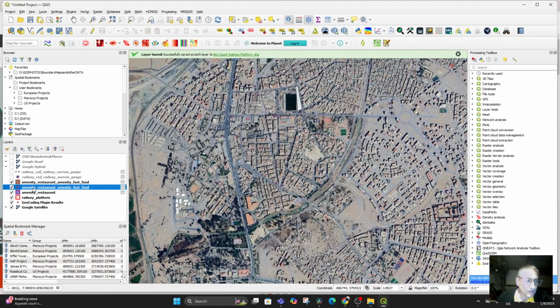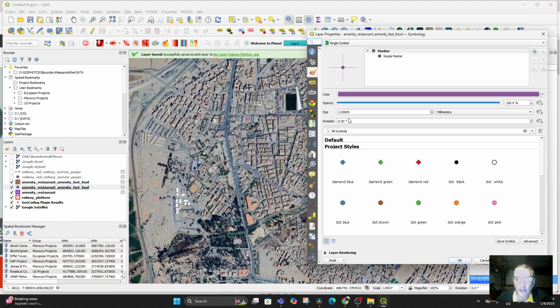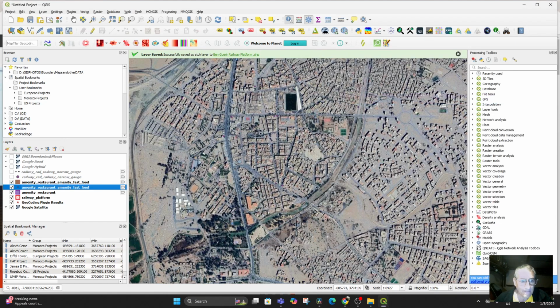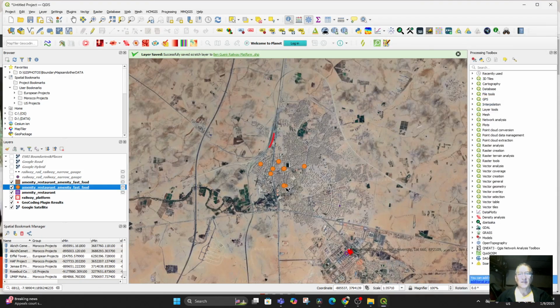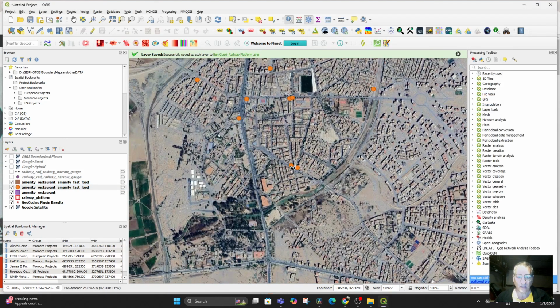But we will go for the fast food here, and we will change this to pixels and go for 5 pixels. Still too tiny. I probably should have made it 20 pixels and applied it. There we go. Much bigger, much better. Let's see if we make them orange. There we go. All right, so now we have a lot more restaurants,